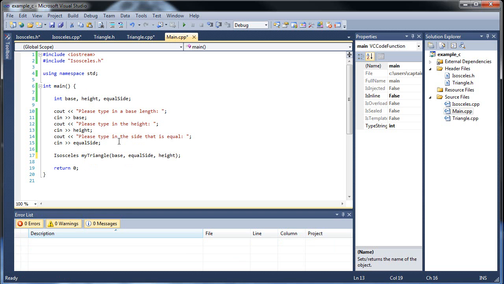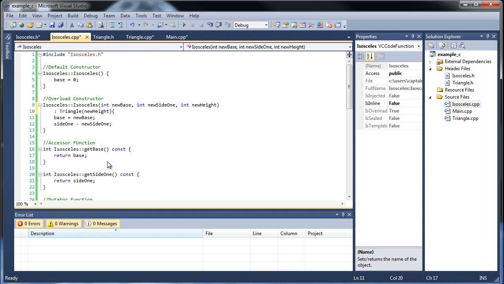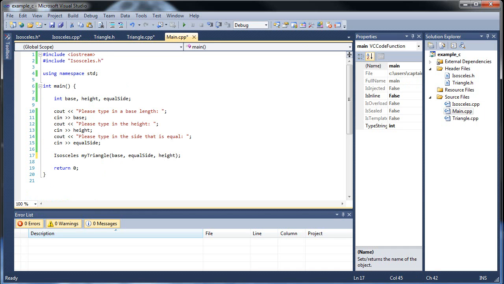So we're creating an instance of the isosceles class, and we're calling it myTriangle. So this is our object right here, and we're creating it using the overloaded constructor of the isosceles child class. And we're going to be passing in the base, one of the sides that's equal, and the height. So we're going to go into isosceles.h. It's going to find the overloaded constructor and pass in those three parameters. And inside the isosceles.cpp, it'll find that same overload constructor, set these three variables equal to what we passed in here,